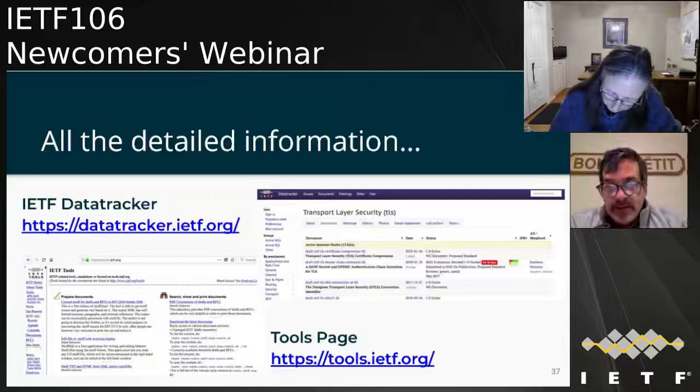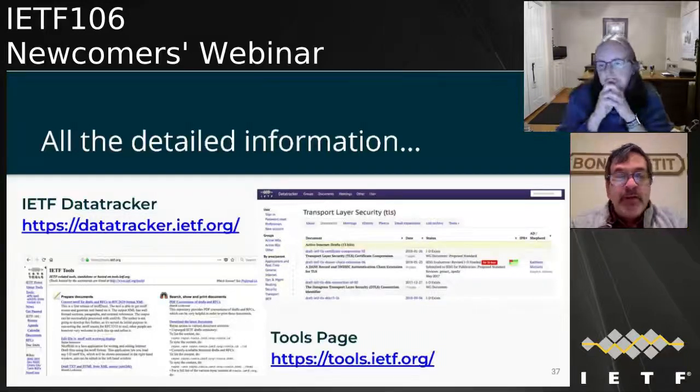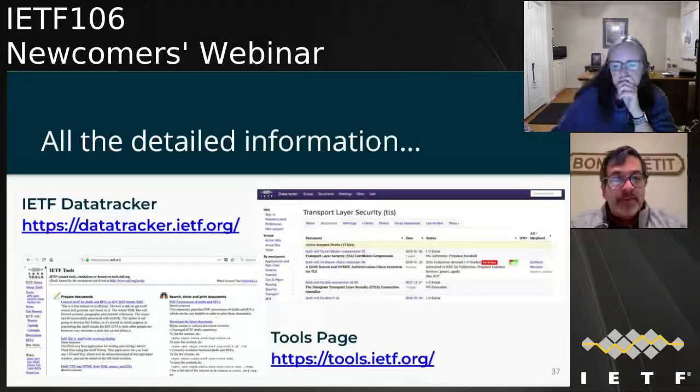So you can see, it's kind of hard to read on my screen, but you can see that this document has been progressed and is waiting for the RFC editor. As you get more involved, and hopefully you will, in writing drafts and so on, you might be interested in the tools page. Just mention that it exists. It has all sorts of interesting statistics about which RFCs are mentioned the most and things like that, which people have authored the most RFCs. Kind of fun. As well as the data conversion tools from XML or Markdown to the RFC publication format.